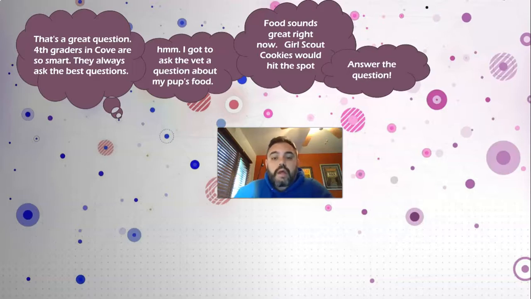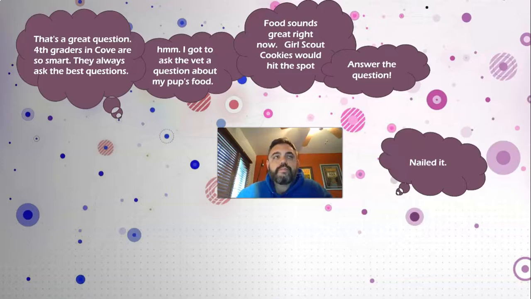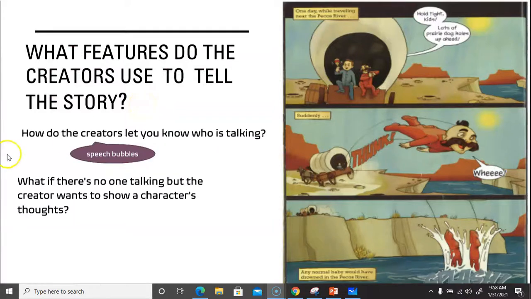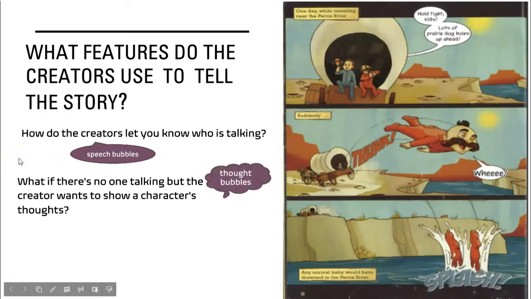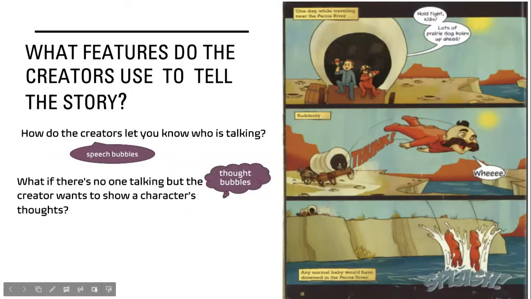Oh, they use thought bubbles. That's what they do. If no one's talking and there's no dialogue, but the author still wants to show what someone's thinking, they use thought bubbles. So, what if there's no one talking, but the author or creator wants to show a character's thoughts? They're going to use thought bubbles, little cloud-shaped versions of speech bubbles, but with a couple of